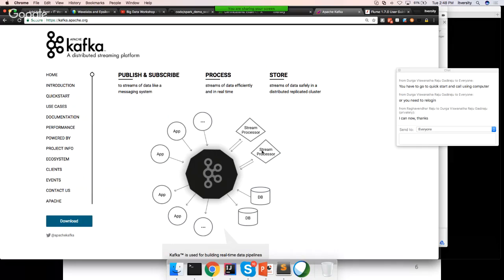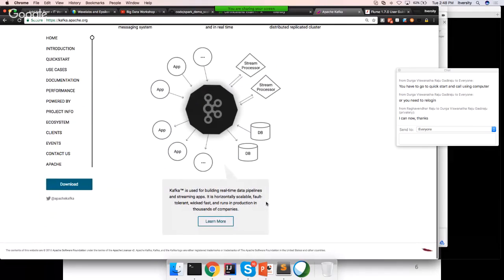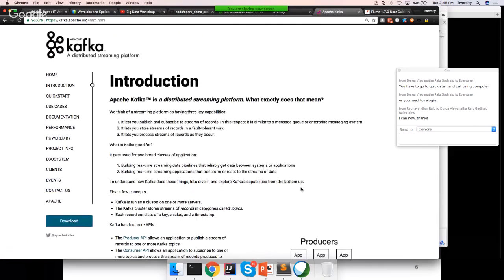And if someone wants to do some stream processing in an interactive fashion, they can use the streams module, or they can use a DB for storing the data. Kafka can directly connect to the database and store the data into the database also. So to facilitate all these things, let's say you have your own product and you want to use Kafka as